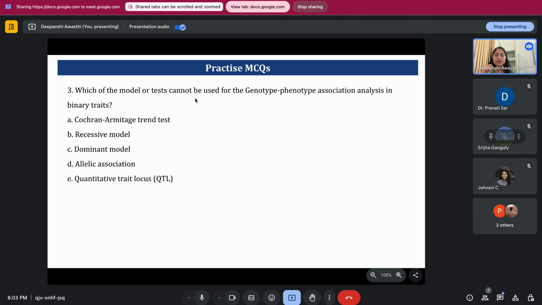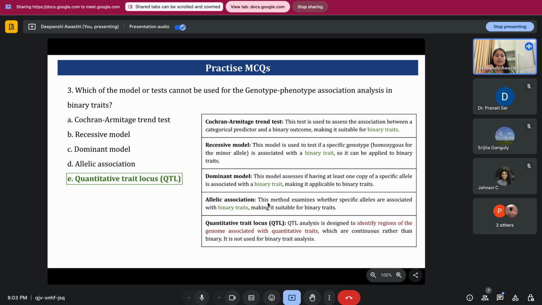Which of the model or test cannot be used for the genotype-phenotype association analysis in binary traits? So when we are only looking for the binary traits, which of these tests could not be used? The answer is quantitative trait loci, because, as I mentioned, quantitative trait loci focuses on multiple genes, not only on two genes. That's why QTL is the test which cannot be used, and I have also explained the